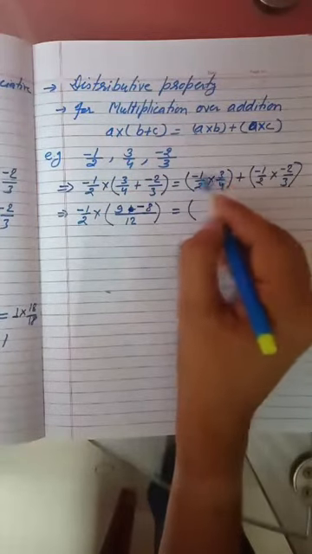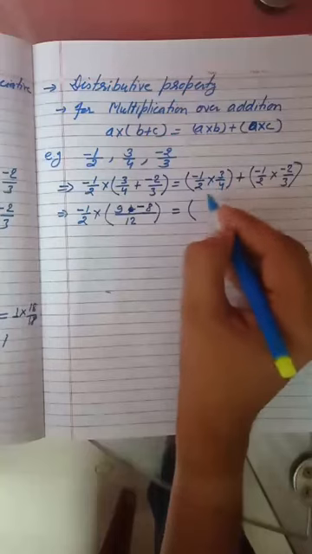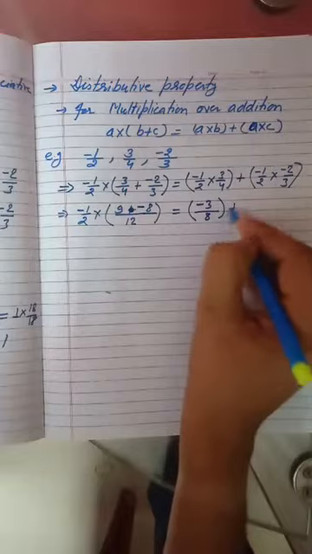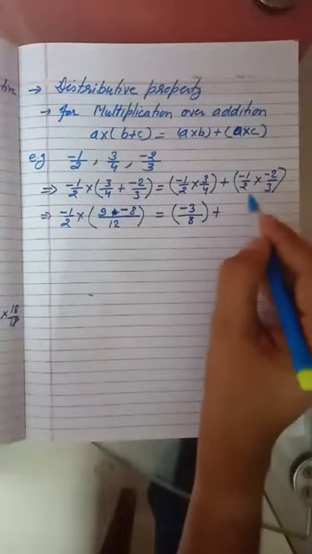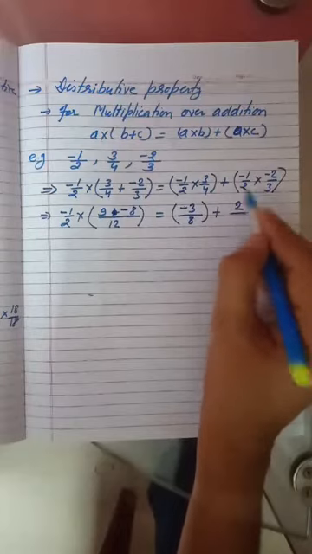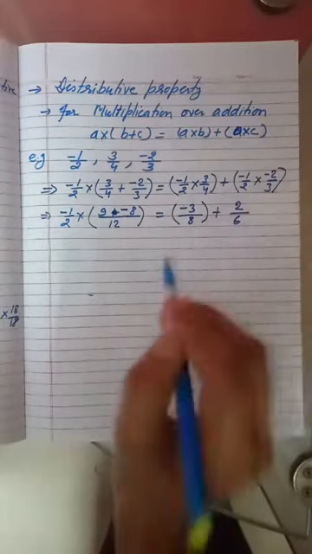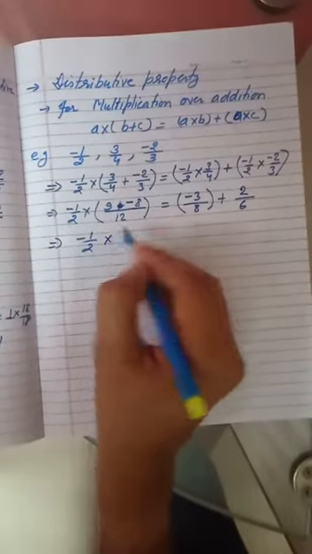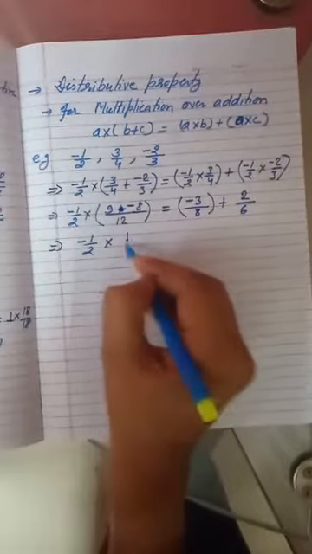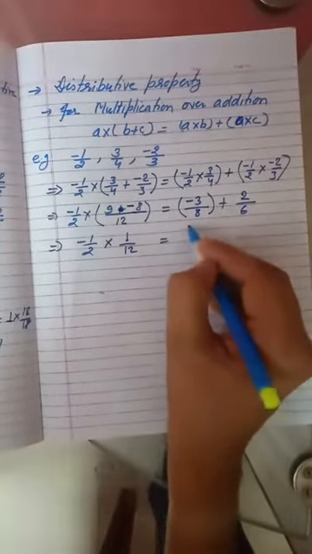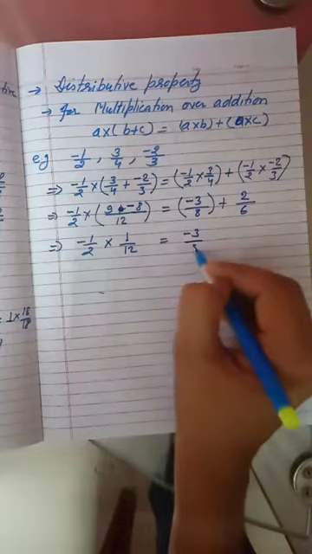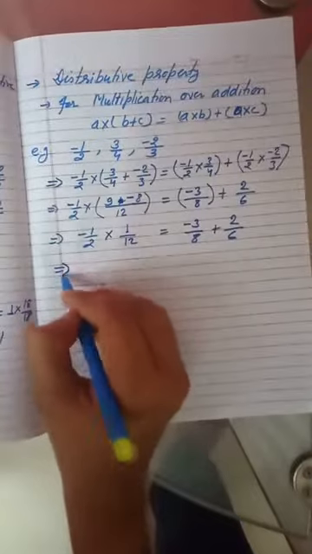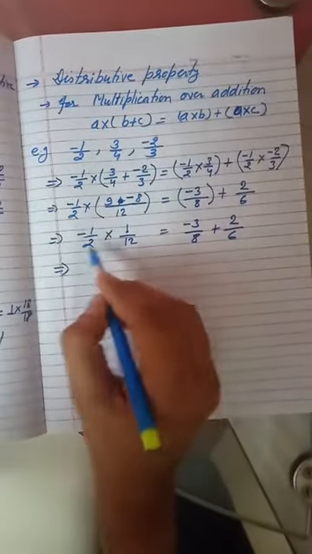You have to multiply both the numerator and both the denominator. Minus 1 multiplied by minus 3, that is minus 3 divided by 4 into 2, 8, plus minus 1 multiplied by minus 2, that is plus 2 divided by 3 by 2, 6. Okay, now minus 1 divided by 2 multiplied with 9 minus 8, that is 1 divided by 12. Okay, now minus 3 divided by 8 plus 2 by 6. Again, now take LCM.